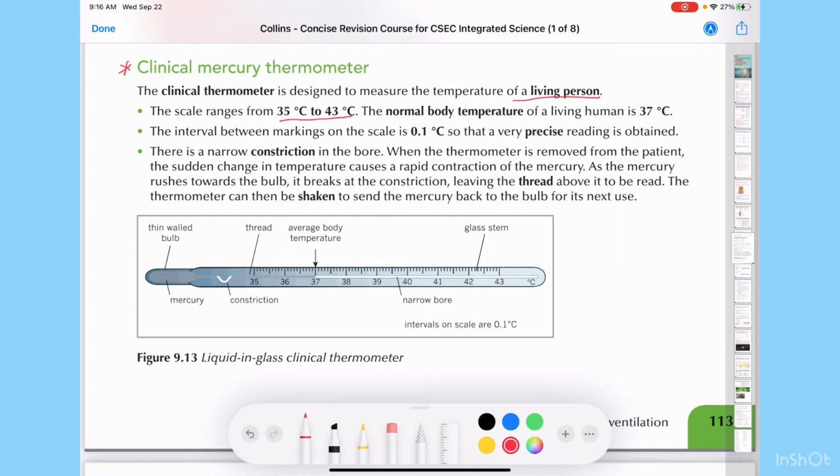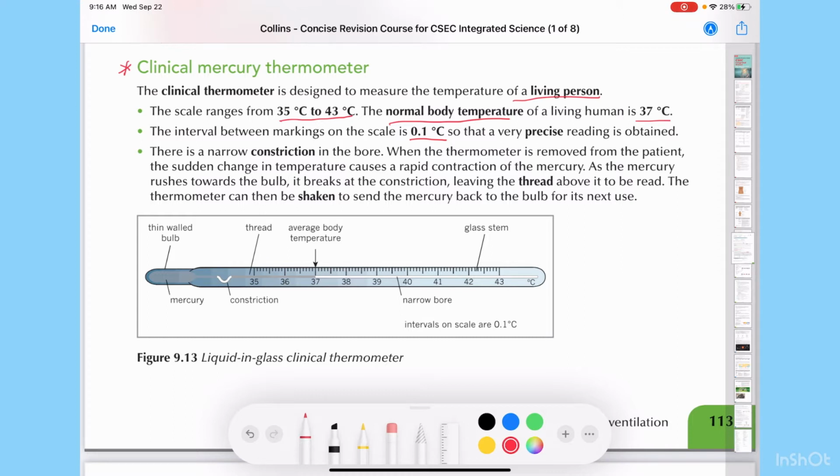And our normal body temperature is around 37 degrees Celsius. So you can take note of that. Normal body temperature is 37 degrees Celsius. The range of values for a clinical thermometer is 35 degrees Celsius to 43 degrees Celsius. Another important thing to note is that the interval between each marking on the scale is 0.1 degree. So a very precise reading is obtained, meaning that a very small change in body temperature can be detected by